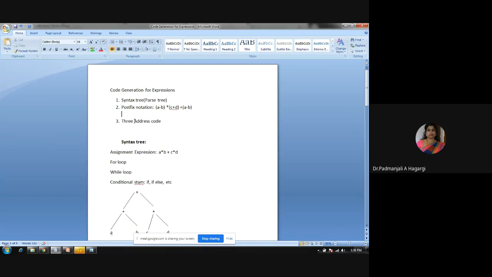Let us take here an array as the input array. It will have something like a, and here, as per the method of operator precedence, it has to follow. So whatever minus is there,